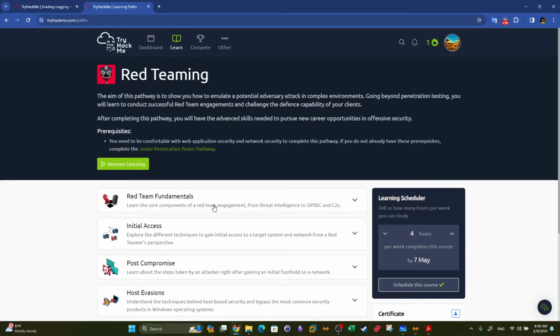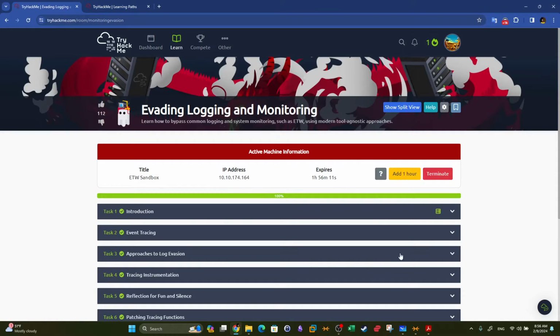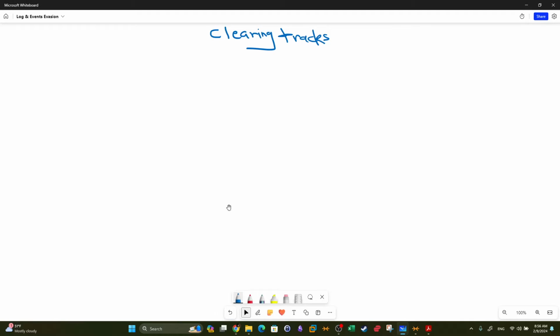Before we go over and discuss or solve the questions of this room, first let's discuss the concepts and the foundations it lays down. The concept of this room is clearing tracks after you have compromised and accomplished your objectives on a machine. So remember, guys, that